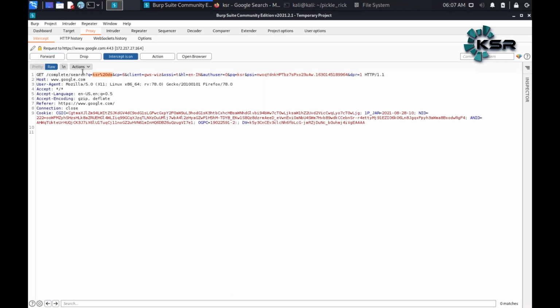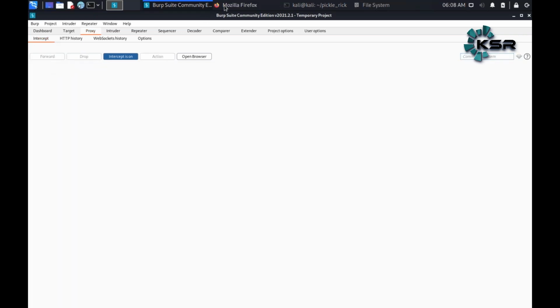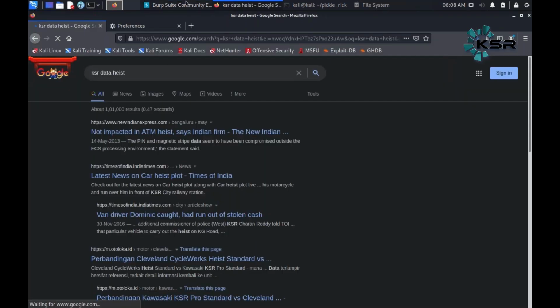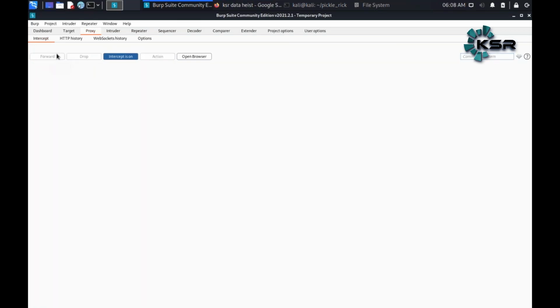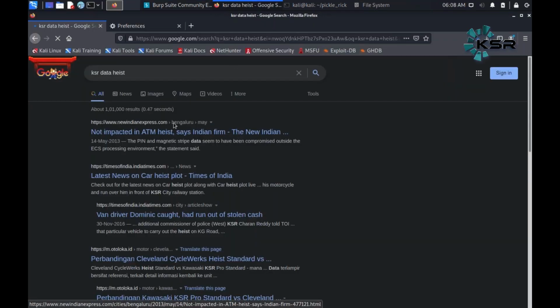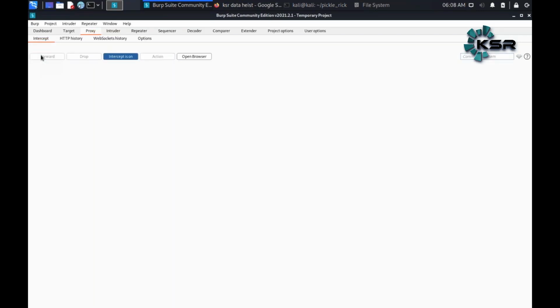You look at this portion. I used Google, I went to the search bar, and whatever I did, you will be able to look at that here. So instead of searching for KSR data heist, if I change it and write money heist here, and then I forward it, you will see that it will reflect on our web page.